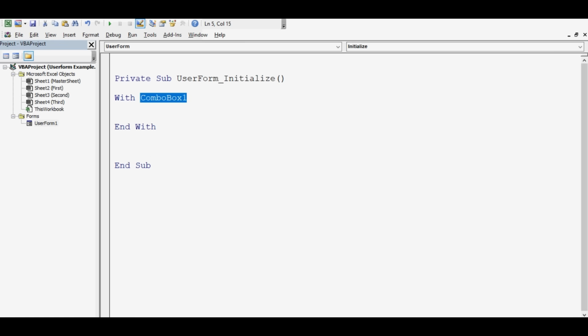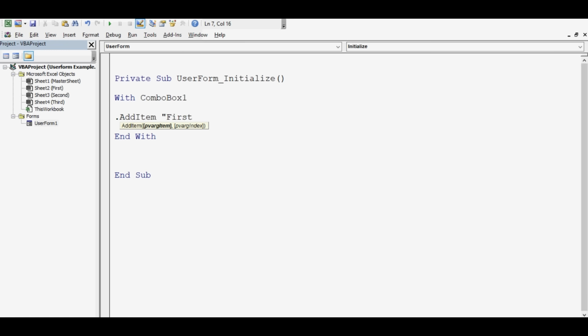I'll show you in property window. So we need to write the exact name that is assigned by VBA editor or this Excel here for coding. So let me add dot add item space. First name I want to add is first,